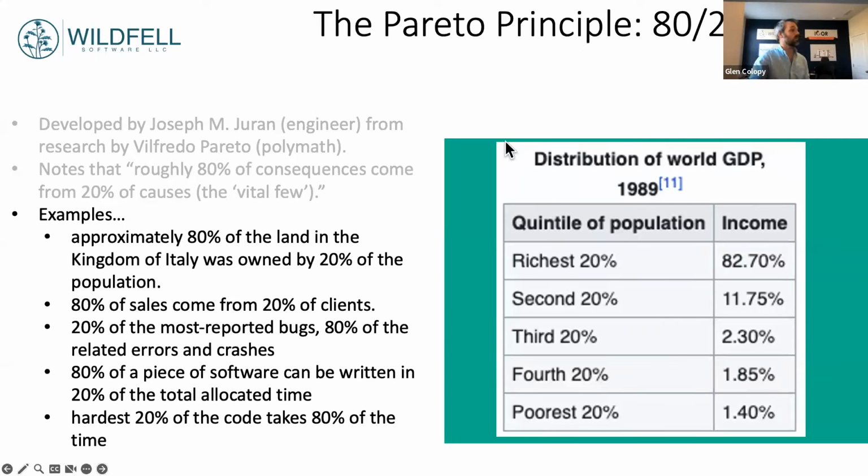Yeah, so basically there's plenty of other examples like this. The idea is, 80% of sales come from 20% of clients. Here's the distribution of the world's GDP, and it's basically just a power function. 20% of the most reported bugs account for 80% of the crashes and things like that. The time it takes to develop software is 80%